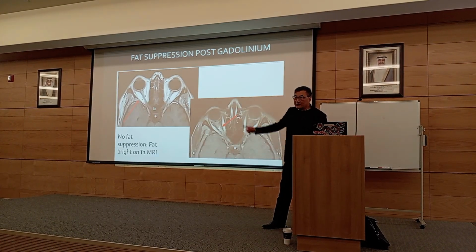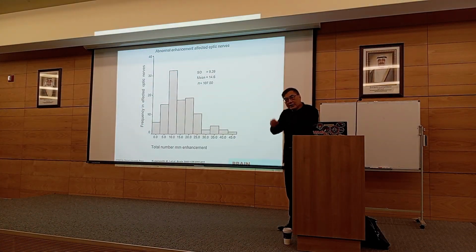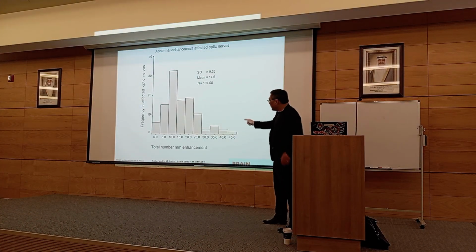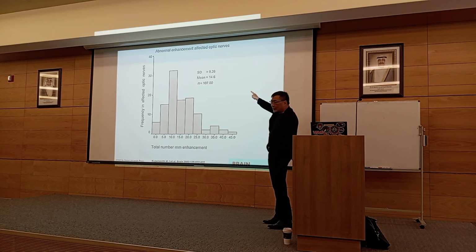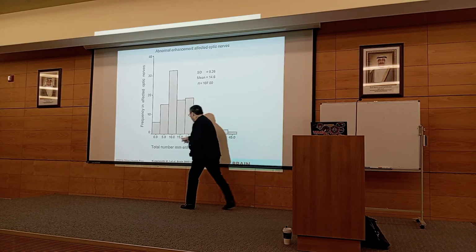See that? No fat suppression. Gadolinium, a little bit of enhancement. If you didn't suppress that fat, there's no way you would see that little white thing right there. Just no way. The reason you need to know that is this is the total number of people who have enhancement after optic neuritis and how much enhancement